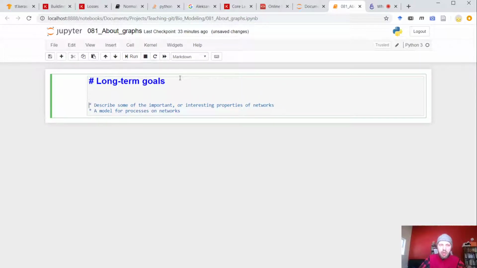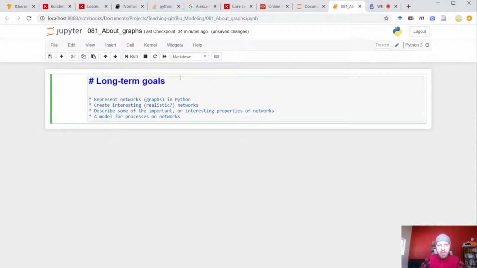But in order to do that, obviously, we need to learn to create networks. So create interesting networks. And by interesting, I mean realistic, maybe, or something that at least has something to do with reality. Networks that resemble networks from the real world in some way. But for that to happen, we need to learn to represent networks or graphs in Python, right?